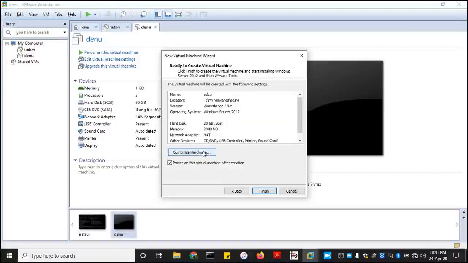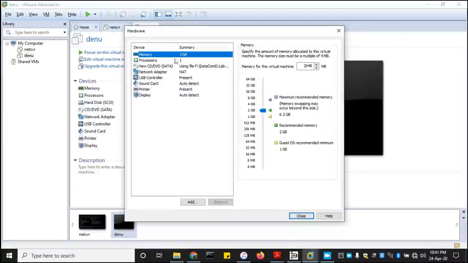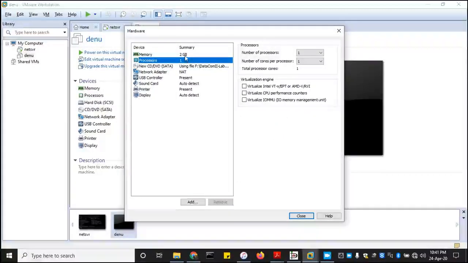Next, and then now let's go back to customizing the hardware. Memory is 2 gig. That's not bad. That's good. 2 gig is okay for a server, but not too much. If you have enough memory, make it 4 gig instead, so your server can run a bit more efficiently or smoothly for you. Processor, let's double it up. Two processors with 2 cores, so 4 processors, like an i4